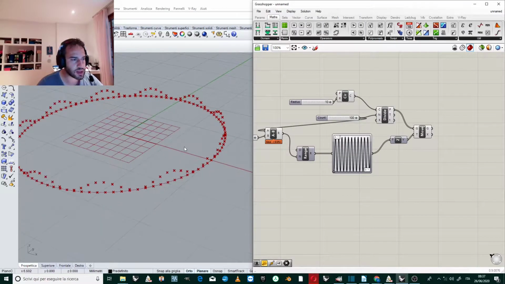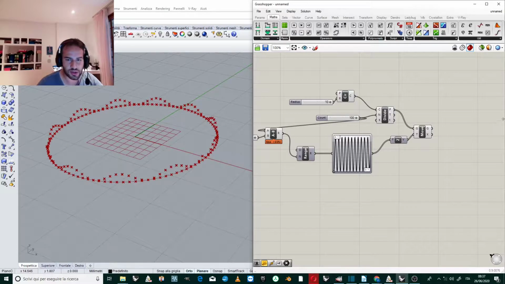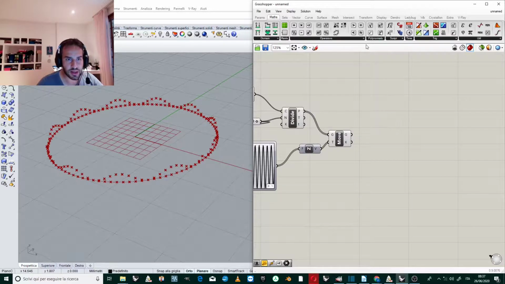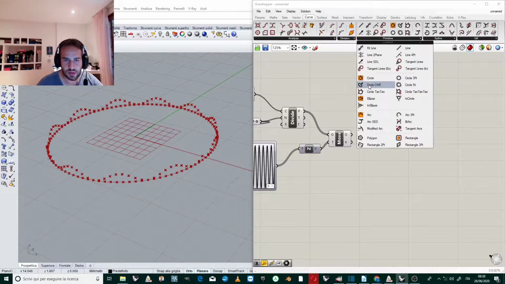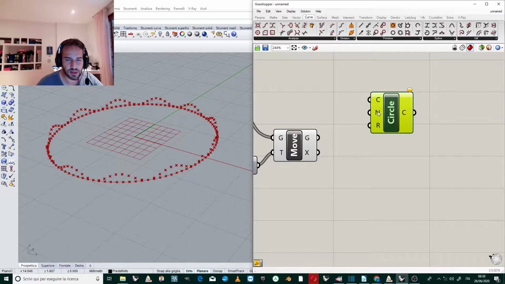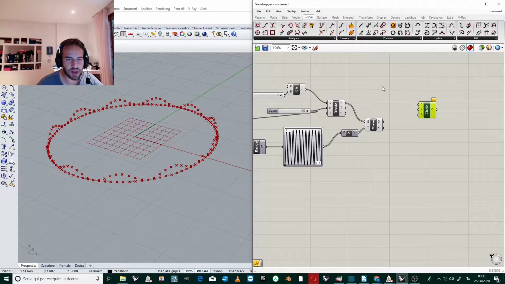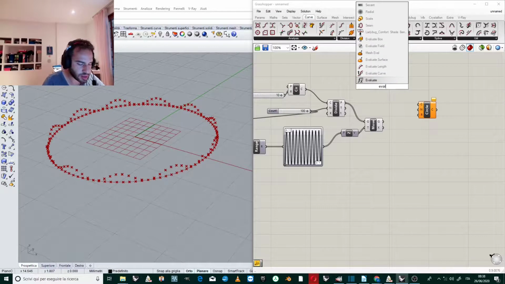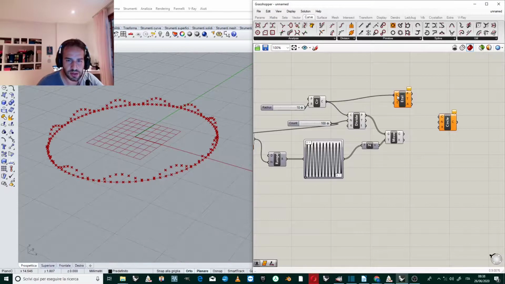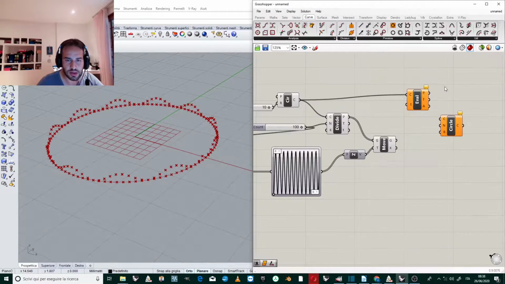Now we are going to create a section curve to create this whip. And so we can do curve primitive, circle CNR. We create a circle and we evaluate a point on the curve. Evaluate curve. We evaluate a point here, on the circle, at 0.5, for example,